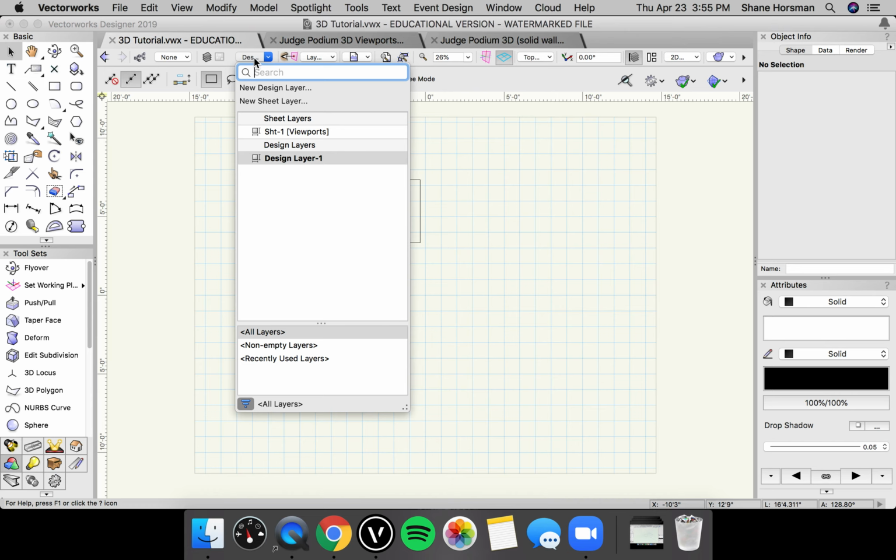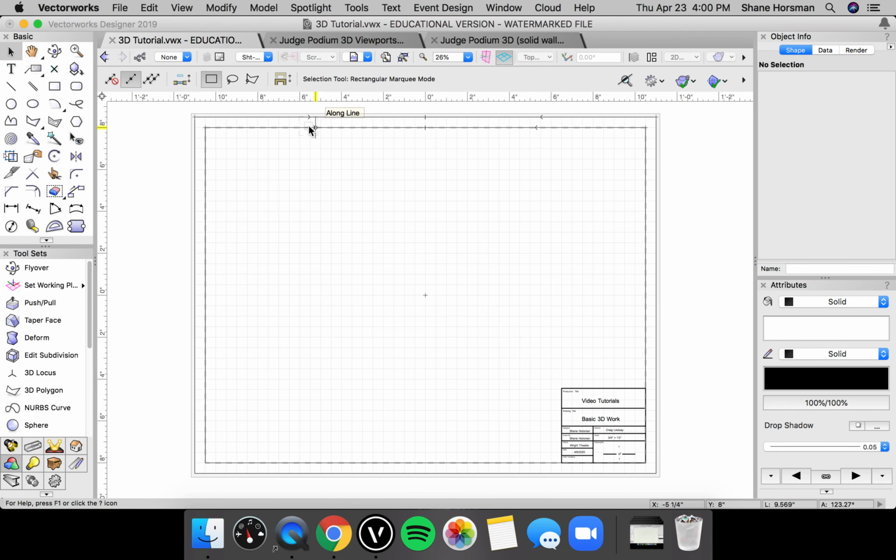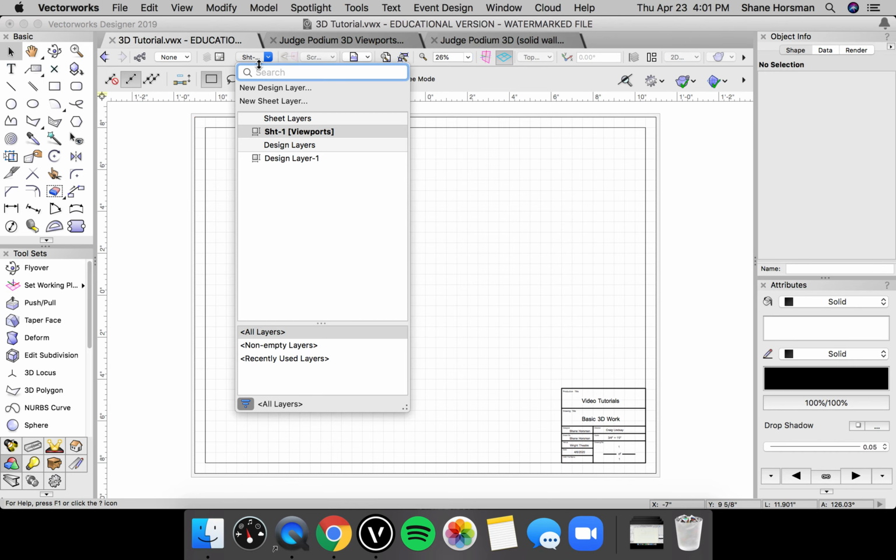Right now, I am in the design layer, which allows me to work in 3D. In the sheet layer, I can only view it in 2D since this is what will be printed. This is why viewports are needed. To create a viewport, go to the design layer,